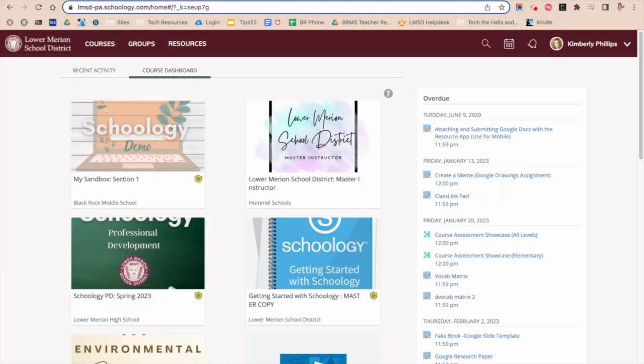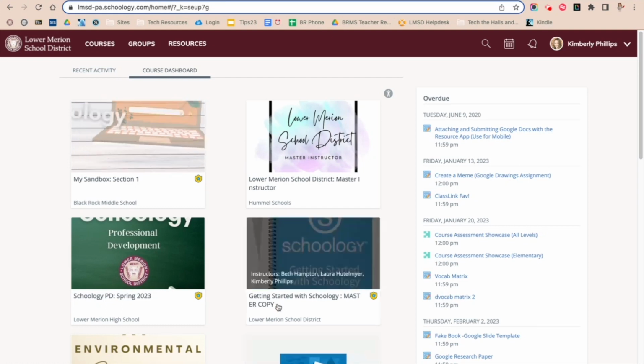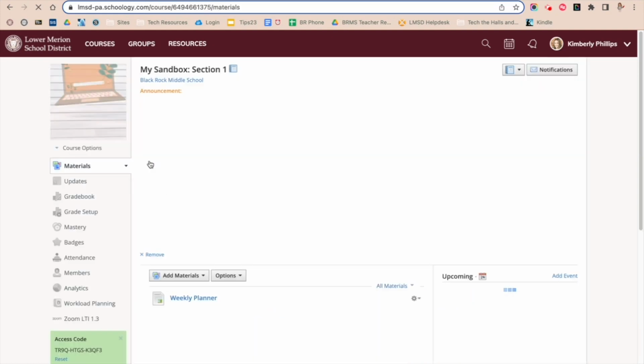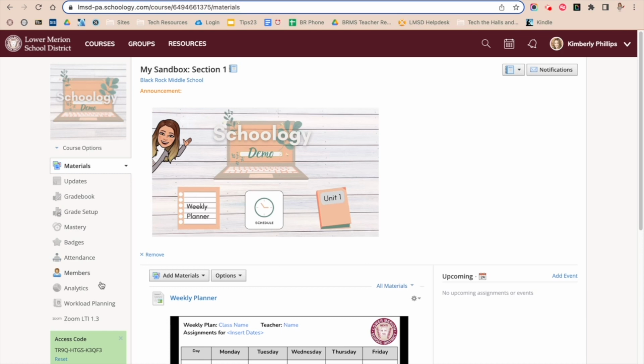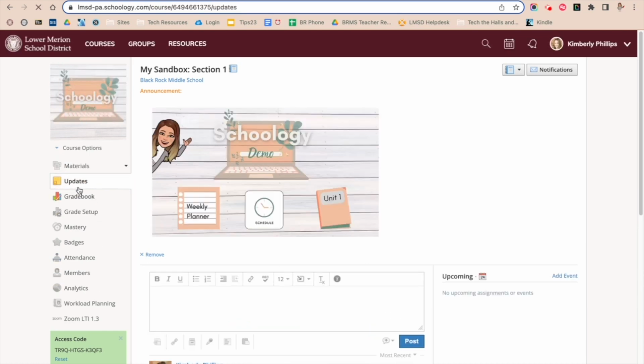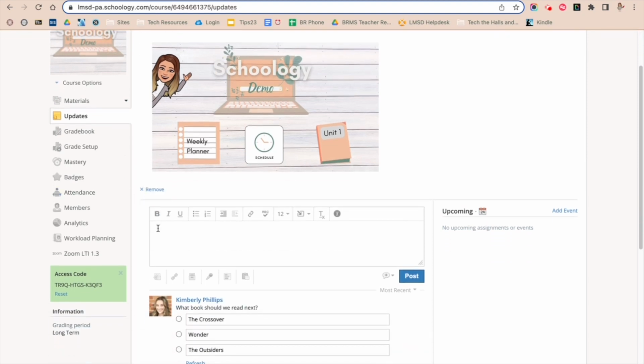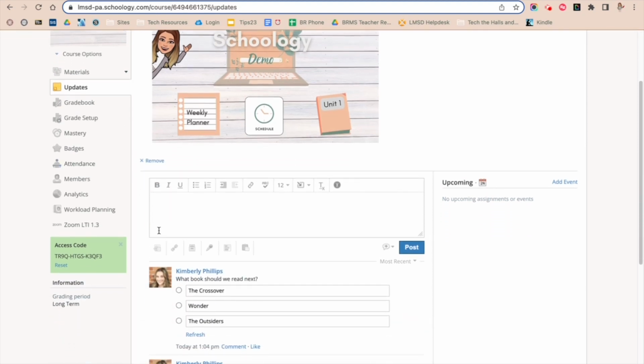This video is going to walk you through how to add a course update. Your first step is to navigate to your Sandbox course. Once in your Sandbox course, use the left side menu to click on Updates. Once in the Updates section, you will see you have a text box that you can use to be able